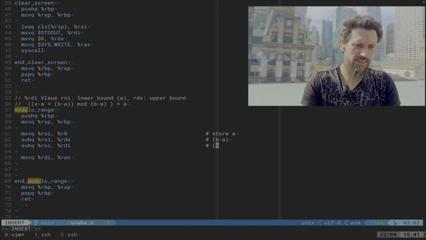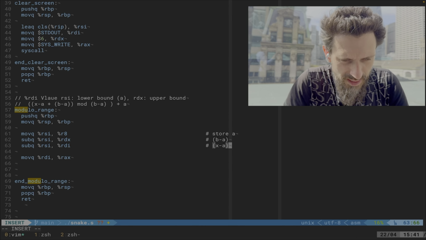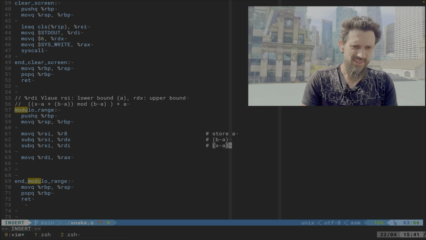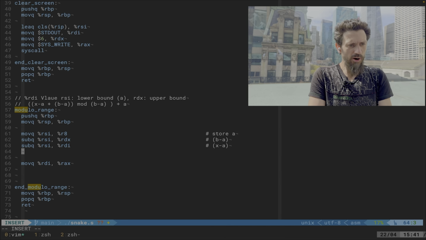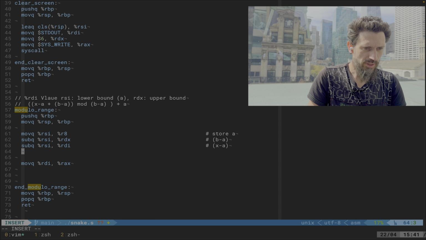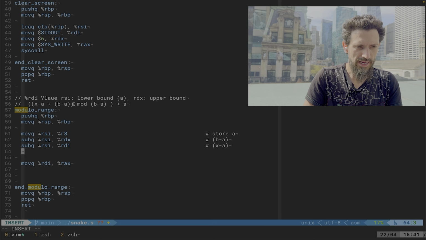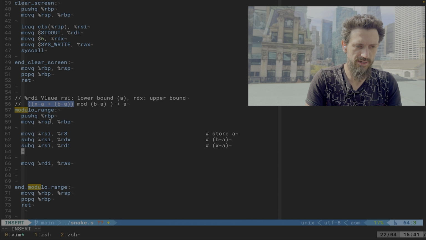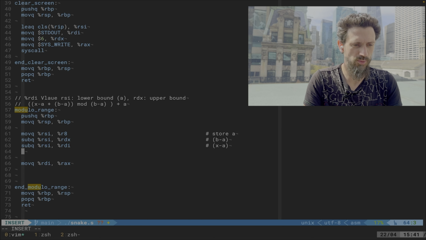So this is x minus a. Okay, x minus a. And now what we will do is add these two together, and we want to have this result in RAX